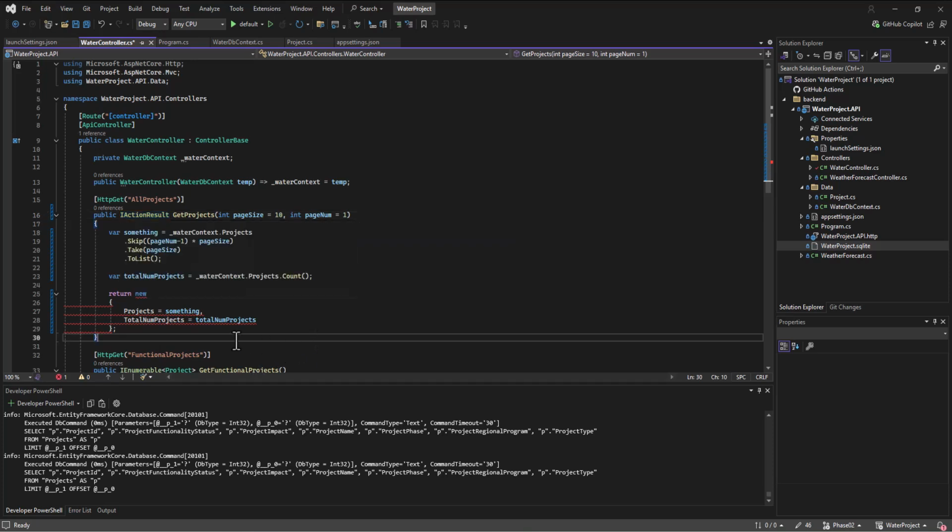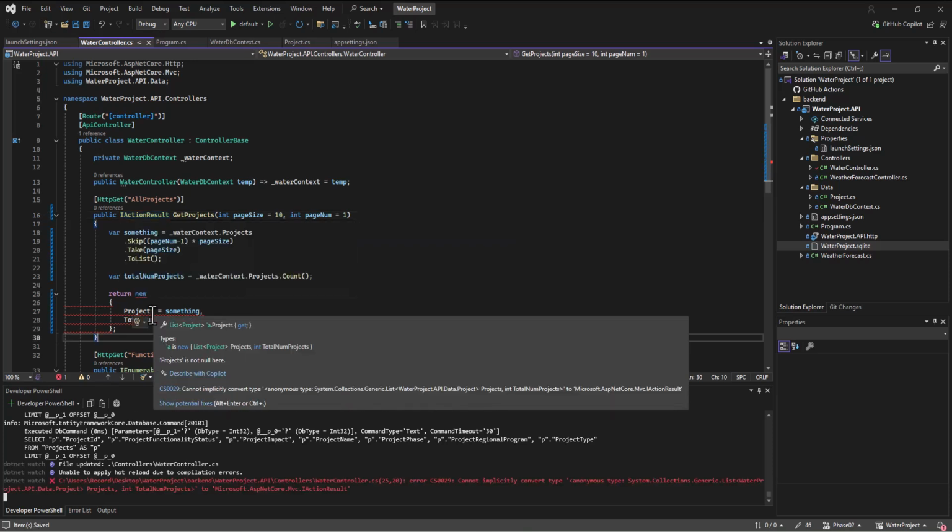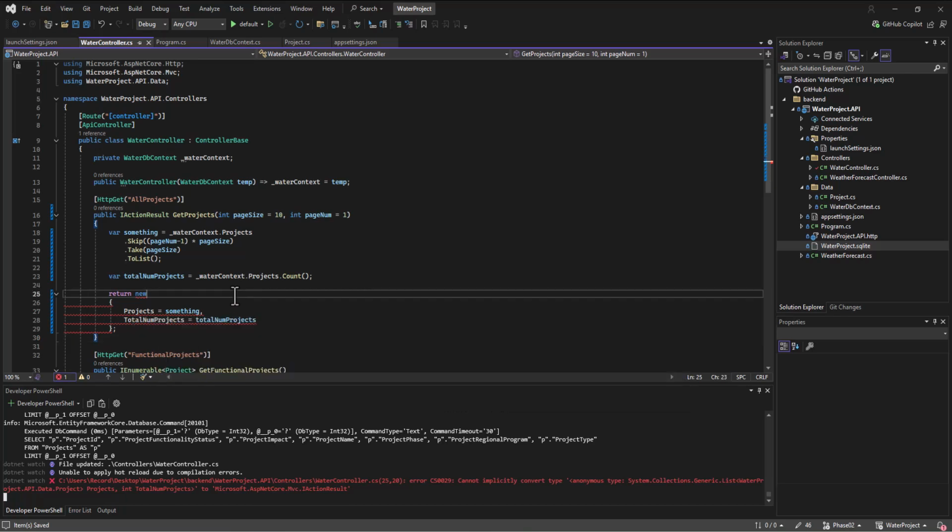Okay, so IActionResult. It still doesn't like this for some reason. Projects is not null here. Cannot implicitly convert this type to an IActionResult. And what it wants is, let's see, this needs to be in parentheses first of all,